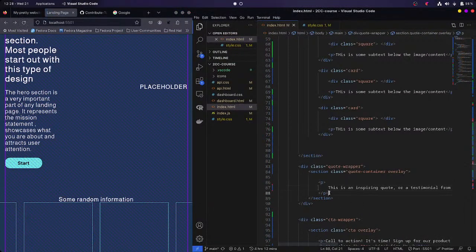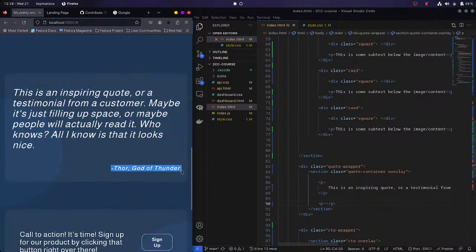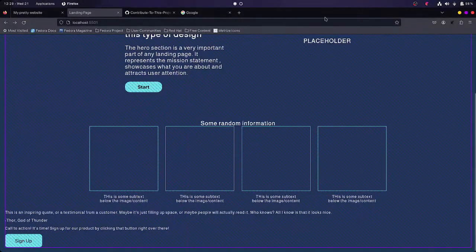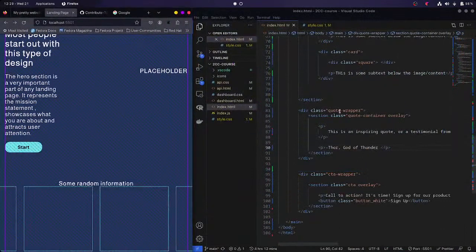We have a p tag, and let's have another p tag for this thing. So this is what we have, and we will start styling this part now. Let's take a look at our HTML. It's a quote wrapper. We have a quote container. Then we have a CTA wrapper. We have a CTA overlay. So let's start with